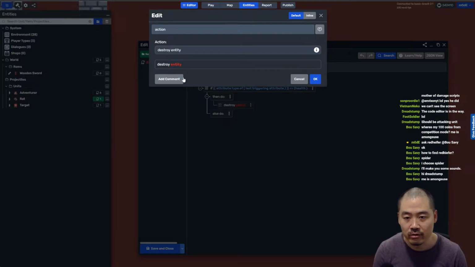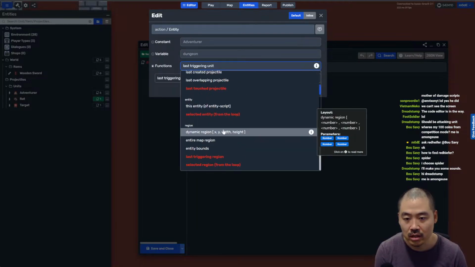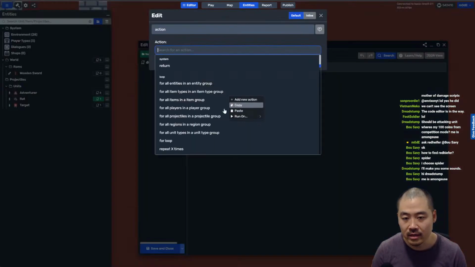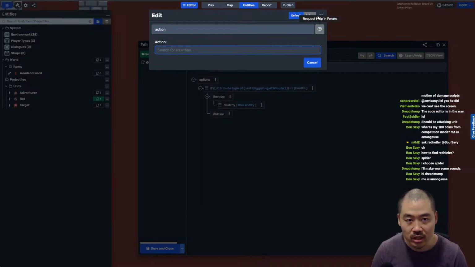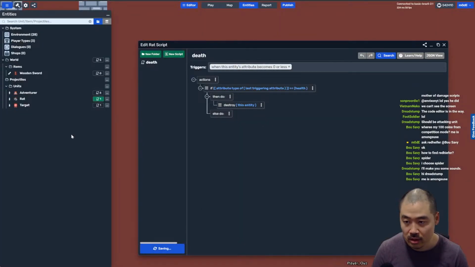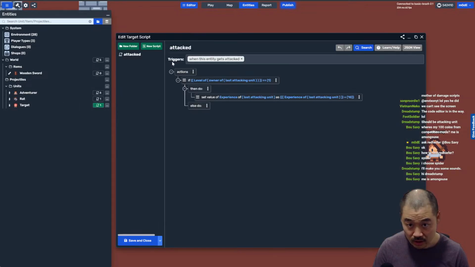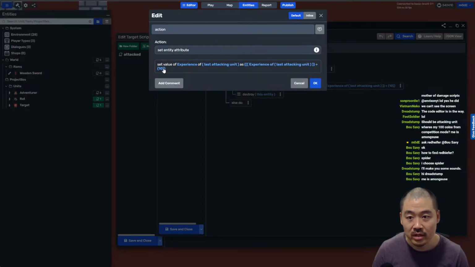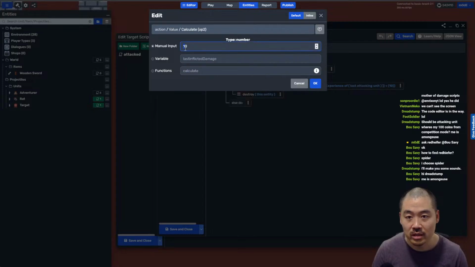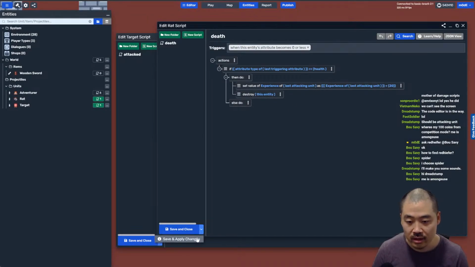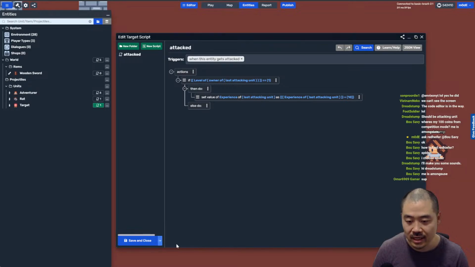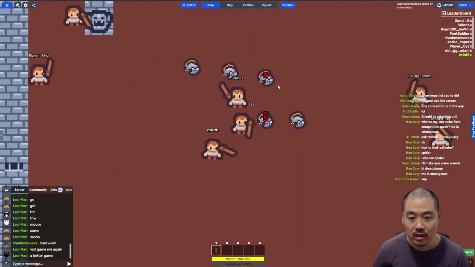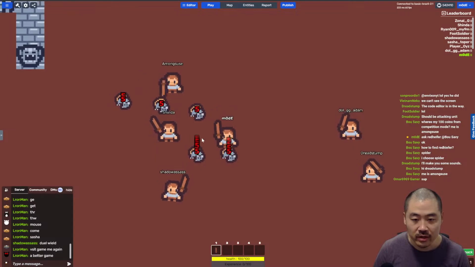But not only are we destroying this entity, we are going to provide experience points for the killer. So we are going to do that by going to target, copy this script action, and paste it here. So we're going to give the experience point, let's give 20 to the killer. Okay, so now if you kill a rat, you get experience. I guess the last hit counts in this case, right? So let's see. So I'm level 1, and if I kill a rat,